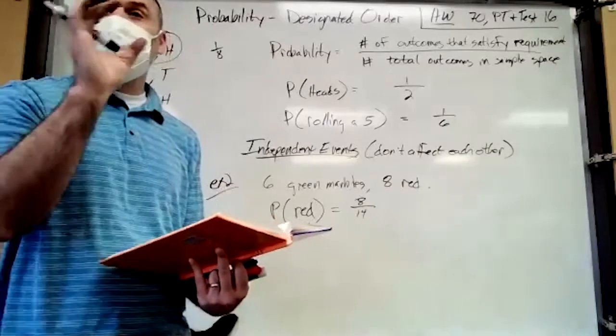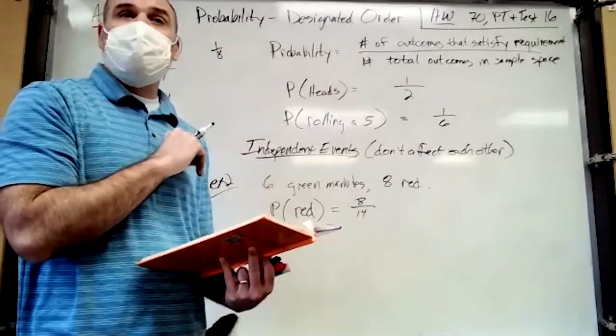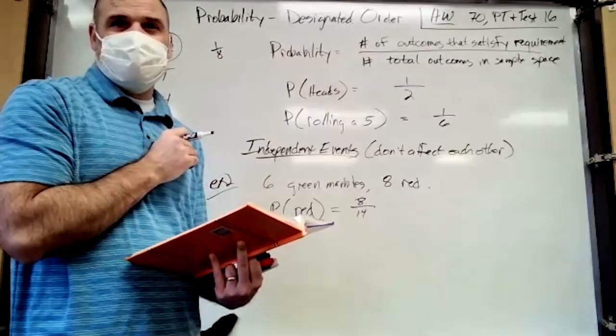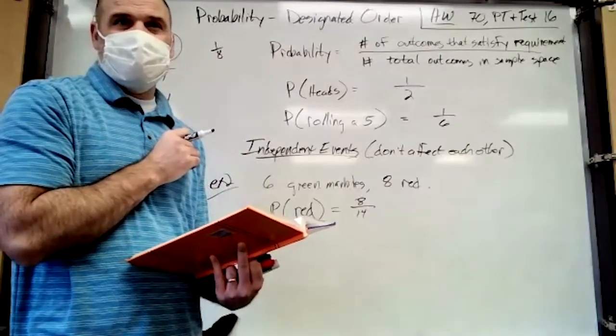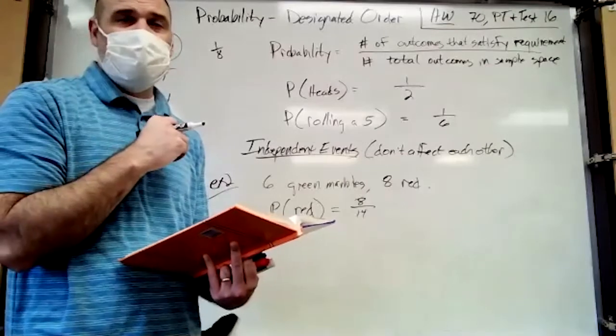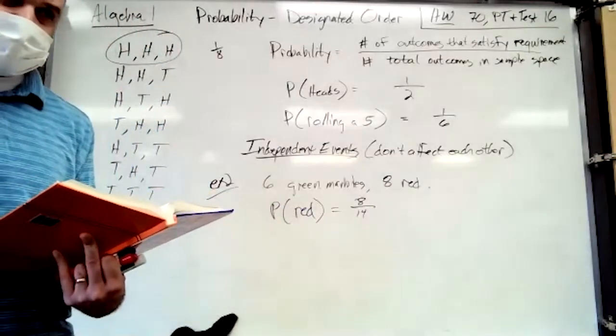But if we put it back in the urn, what's the probability of drawing a red one again? Same, 8 out of 14. It doesn't affect unless you put it on top and then you put